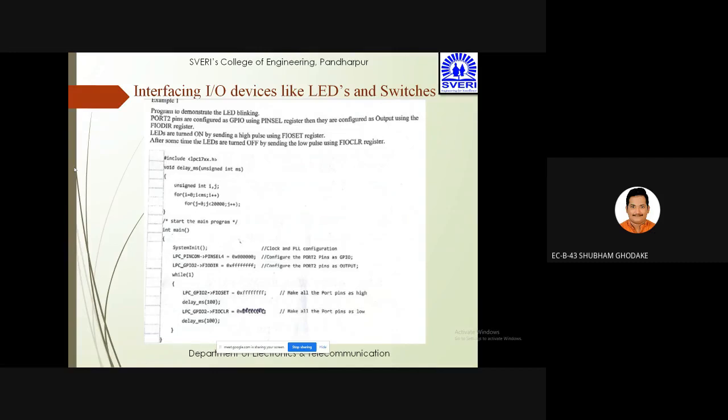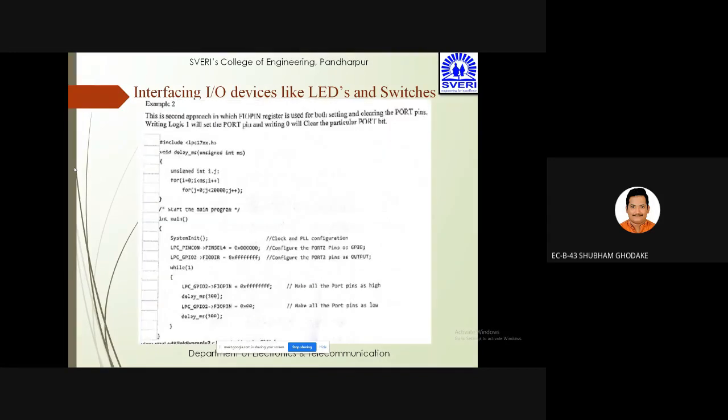So we have seen how this interfacing can be done, by sending high pulses with the help of FIOSET and sending low pulses using FIOCLR. And this is the second example, where the high pulses as well as low pulses can be sent by using FIOPIN.